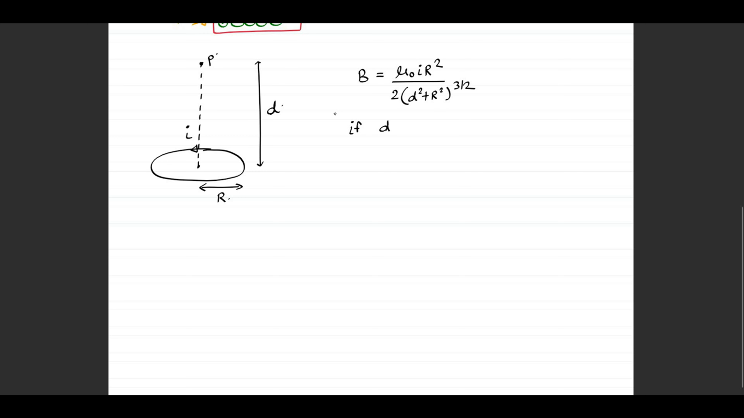If D is very large as compared to R, so basically I am considering a point which is very far away as compared to the magnetic dipole, it then becomes two dq. I multiply with 2 pi, I divide by 2 pi. Okay, B then becomes